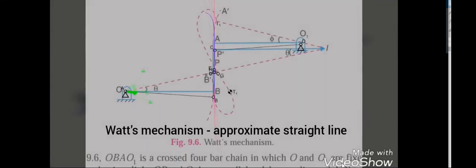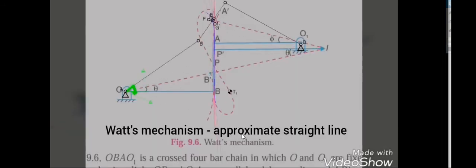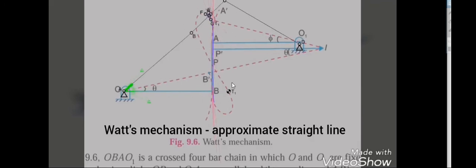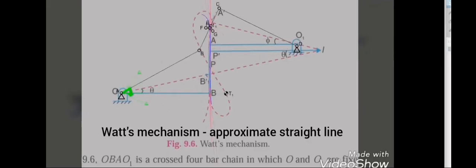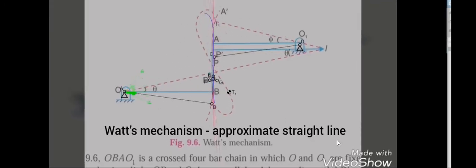Yeah, this is how Watt's mechanism works. So you see, when that limb moves, opening up and closing down along that figure 8 marking, you produce a straight line in the middle. The movement of that middle point resembles a figure 8 like this. So that is how Watt's mechanism works, and a straight line is produced in the middle.